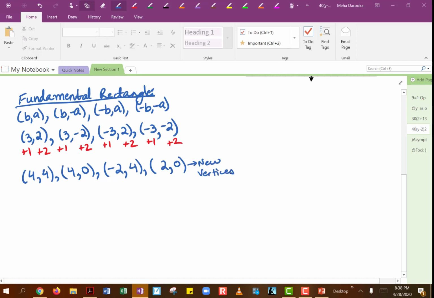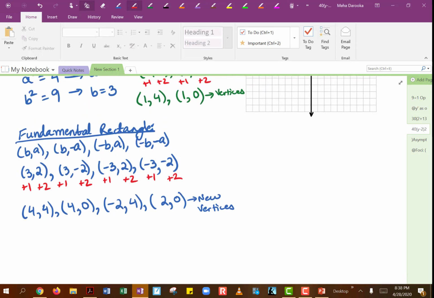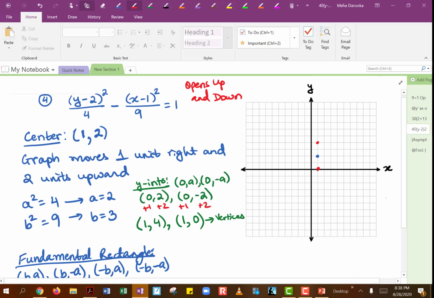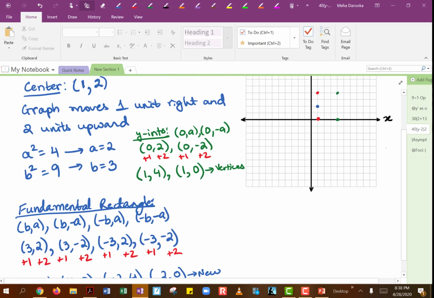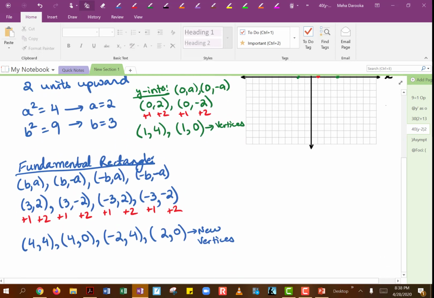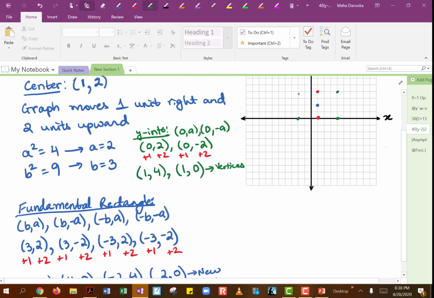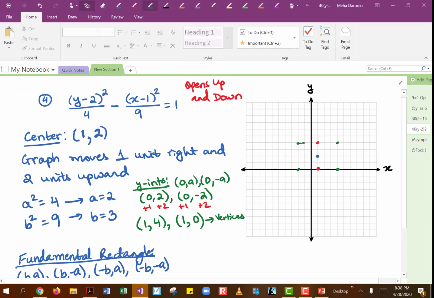So let's go ahead and plot these. 4 and 4. So let's see, 1, 2, 3, 4, 1, 2, 3, 4, right over here. And then 4 and 0 would be right over here. Negative 2 and 0 and negative 2 and positive 4. So this here will form the fundamental rectangle for the hyperbola. And then we can extend out our diagonals, which will go from here